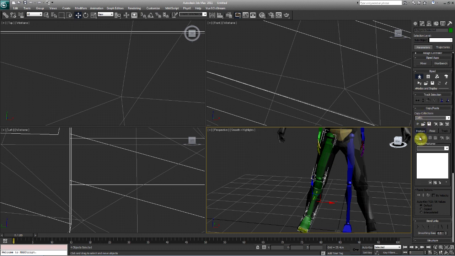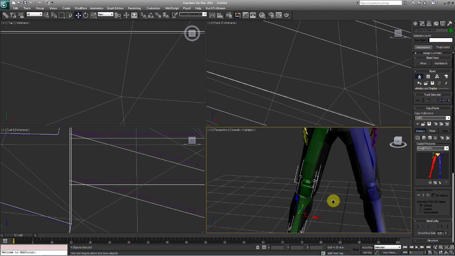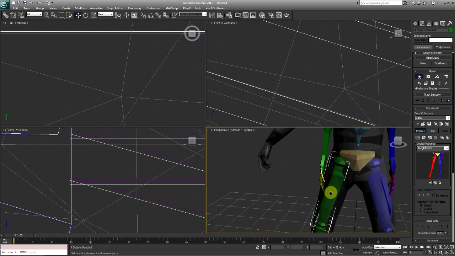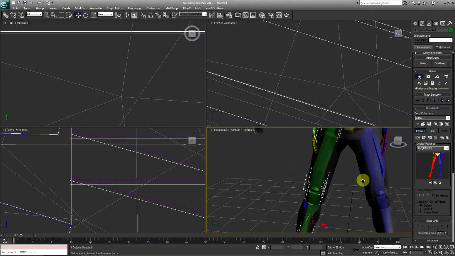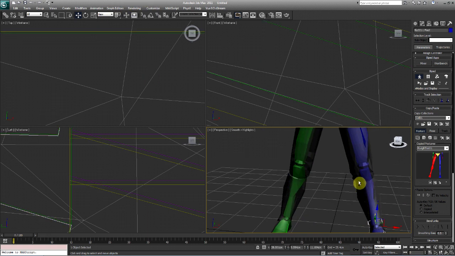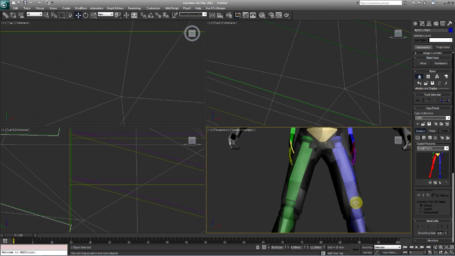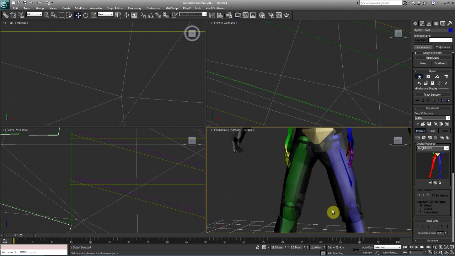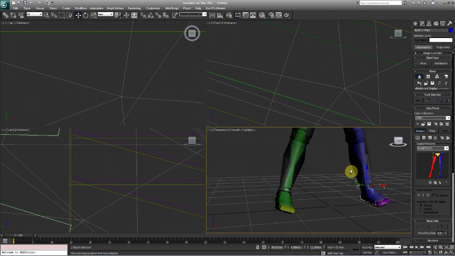You're going to hit copy posture, and then you have a few selections here. You have paste posture and paste posture opposite, and it's quite obvious we want it to paste on the opposite side, so we're going to hit that, and there we go. Now we have the other side pretty much done. Normally you will sometimes have to edit it because not all meshes are symmetric. Let's take a look. That looks pretty good. That's as good as it can get right there.